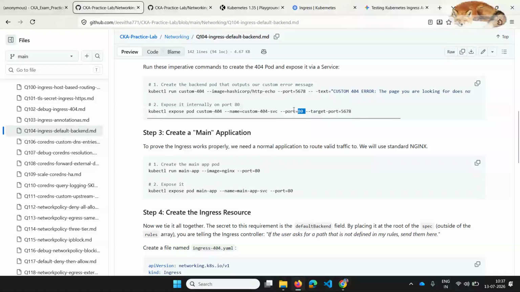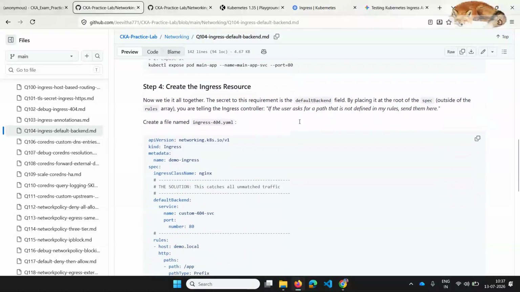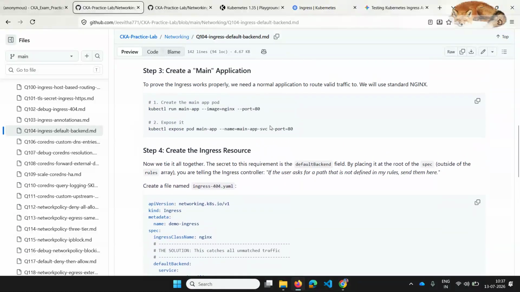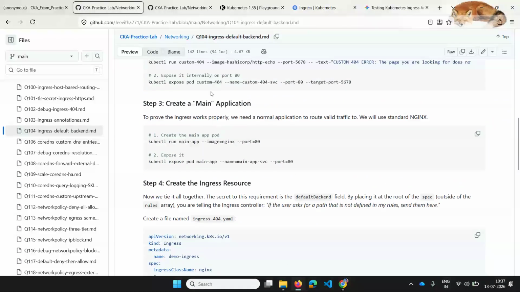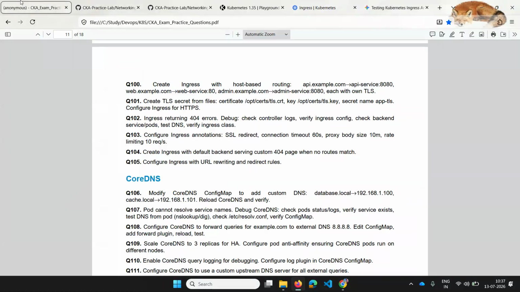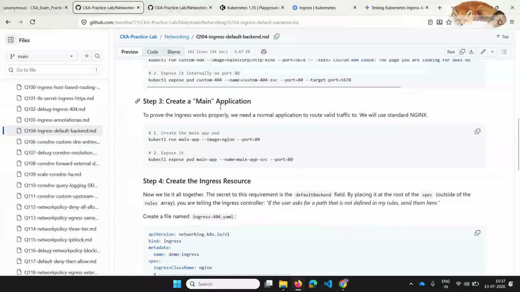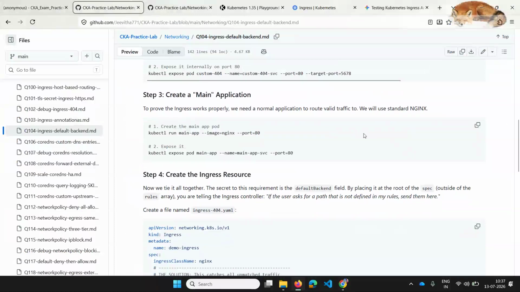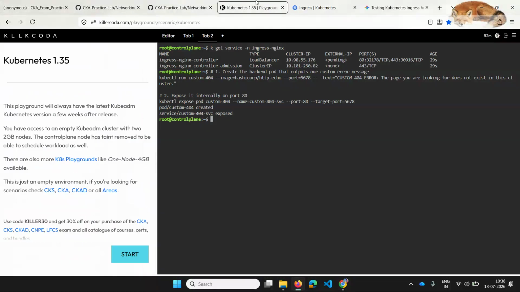Even though the service is exposed at 80, my pod is running at 5678, so I'll mention it using target port. I think you know about this by now, but just to remind. This way we have created a default service. Now we will create the actual service of the pod. Let me create a pod and the service, and paste here.